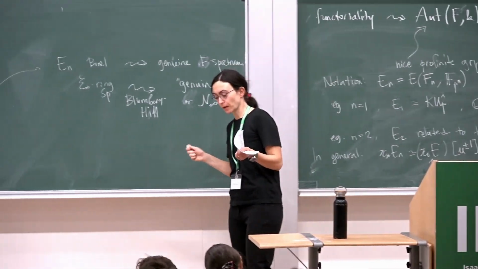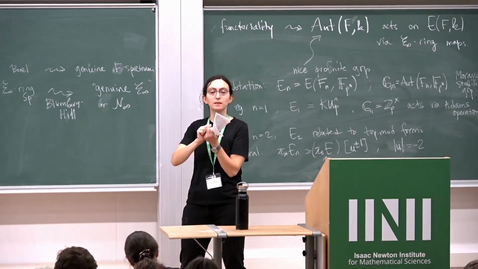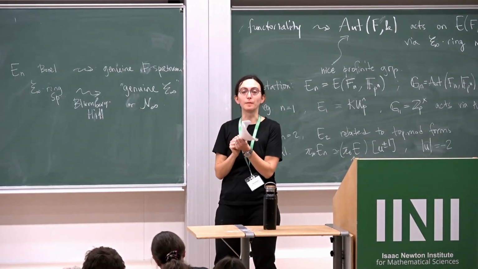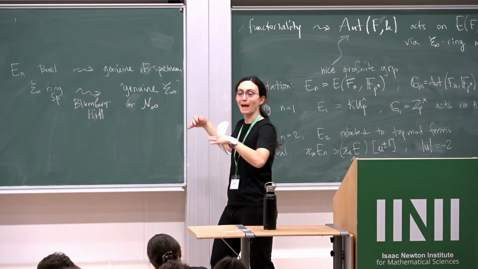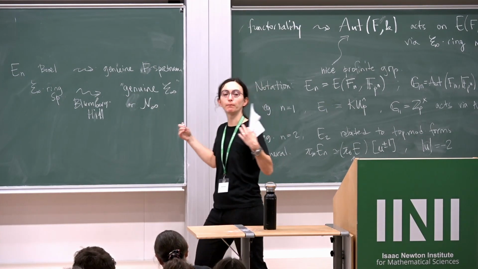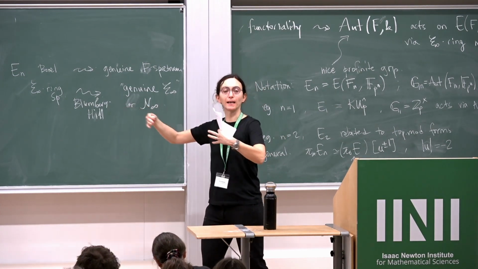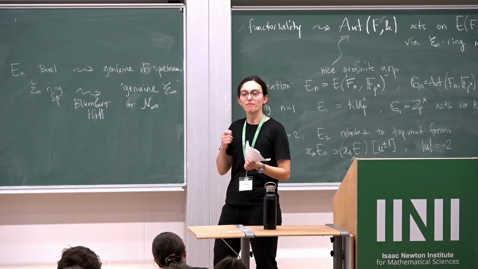What that lets us do is norm up. We have norm maps, so we don't have to only multiply along finite sets, but we can multiply along